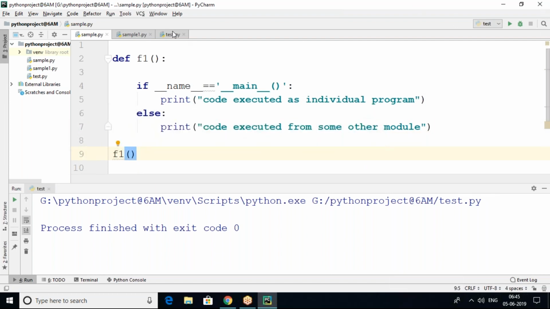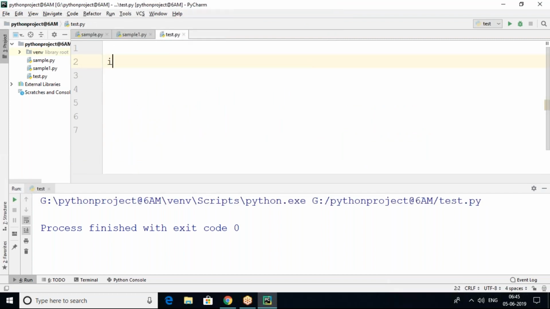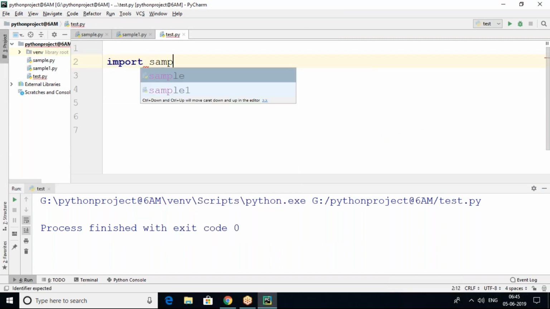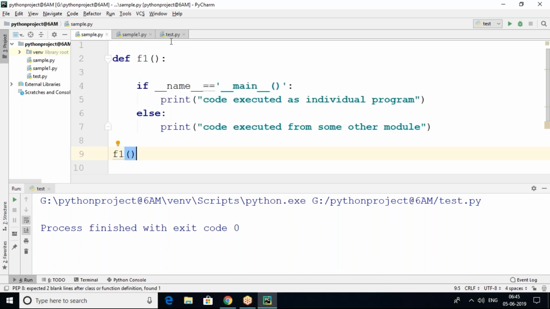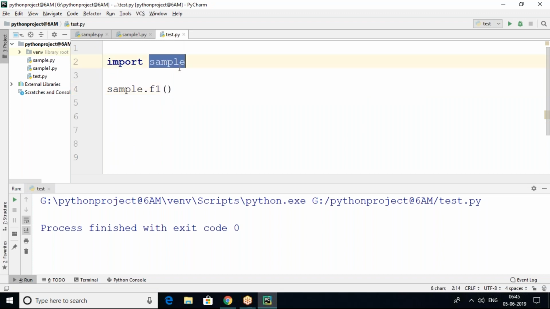Now I'm going to go to test.py. I'm importing the module called sample, and I'm going to call sample.f1. See, the individual program is this one. It is not an individual program because this program is executed from some other module like the sample module.